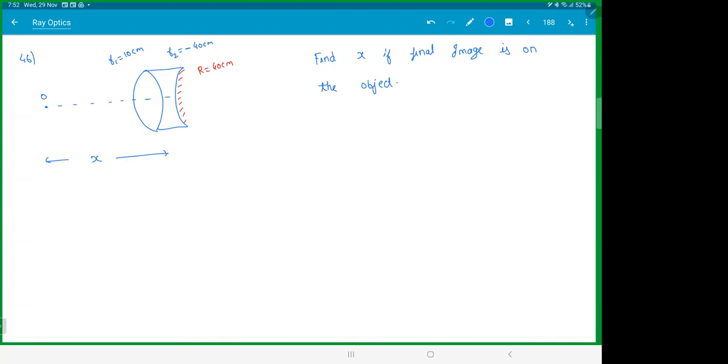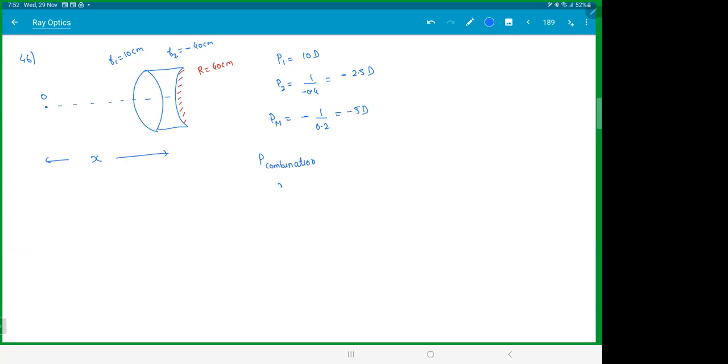Let's see. So this can be treated as lenses. So P1 is 1 by 10, so 10 diopters. P2 is 1 by minus 40, which is minus 0.025 per centimeter, minus 2.5 diopters. Power of the mirror is 1 by Fm. Here Fm is positive, that is 20 centimeters. So that's 0.2, that is minus 5 diopters. So power of this whole combination,